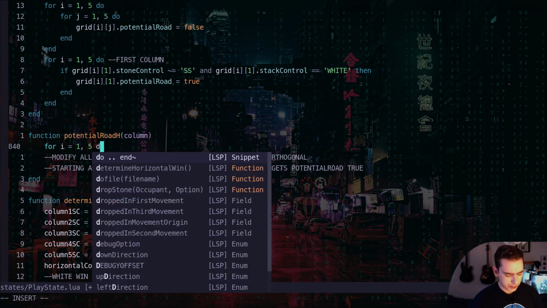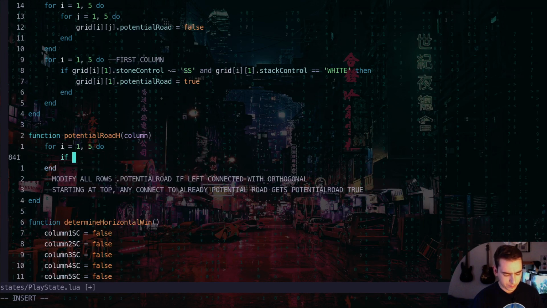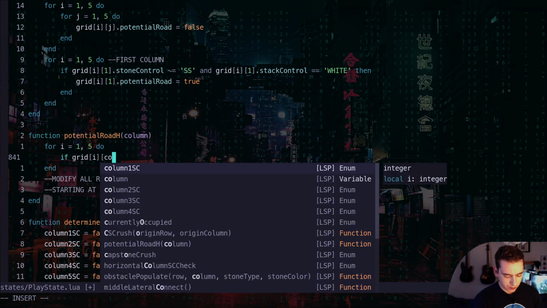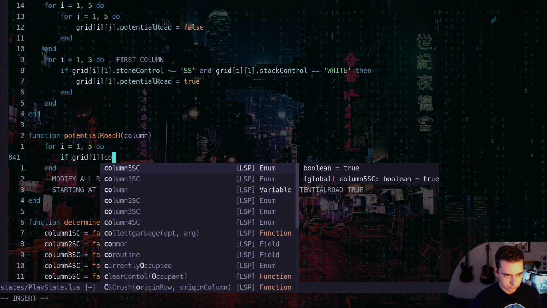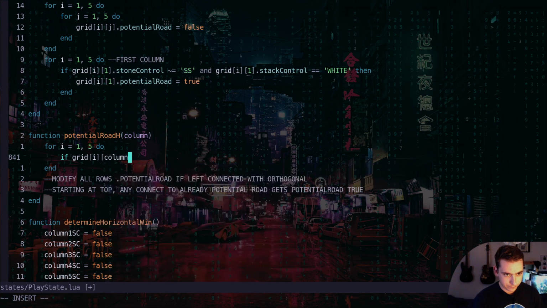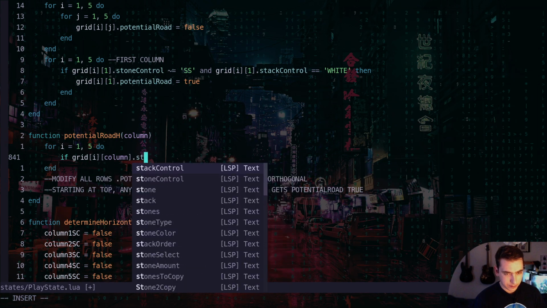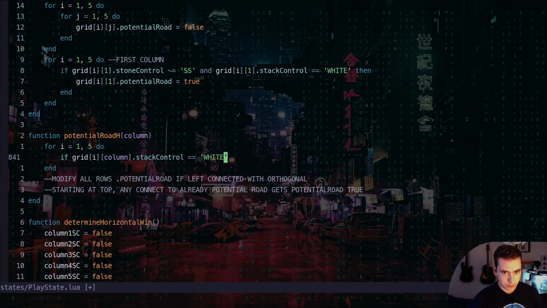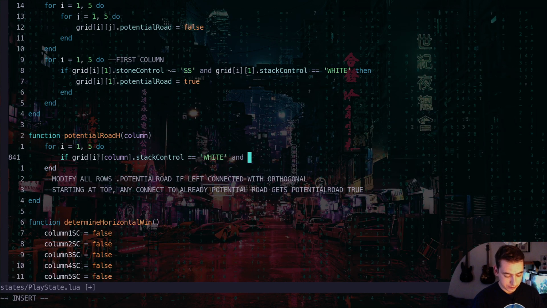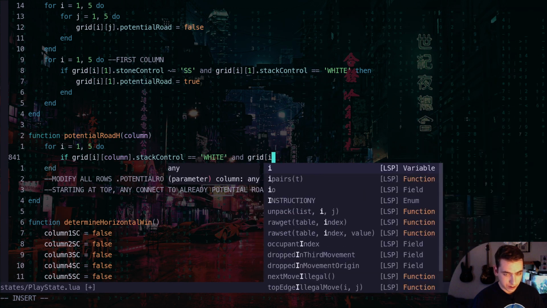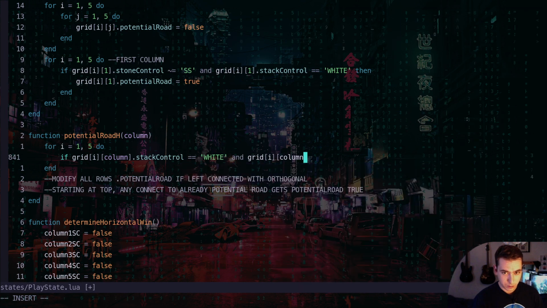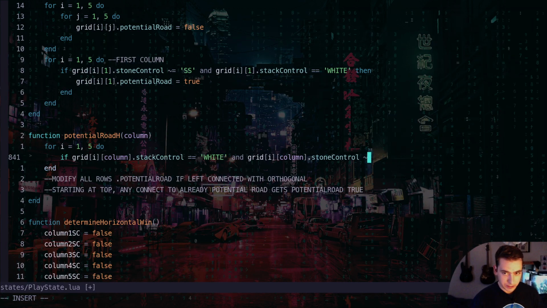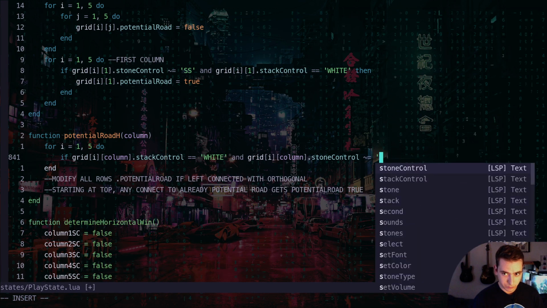So we're going to be saying, if our grid at the given row in our parameter column, if that stack control is equal to white, and this grid at our ith position at our column would be a stone control that is not equal to a standing stone, so capstone or a lay stone,